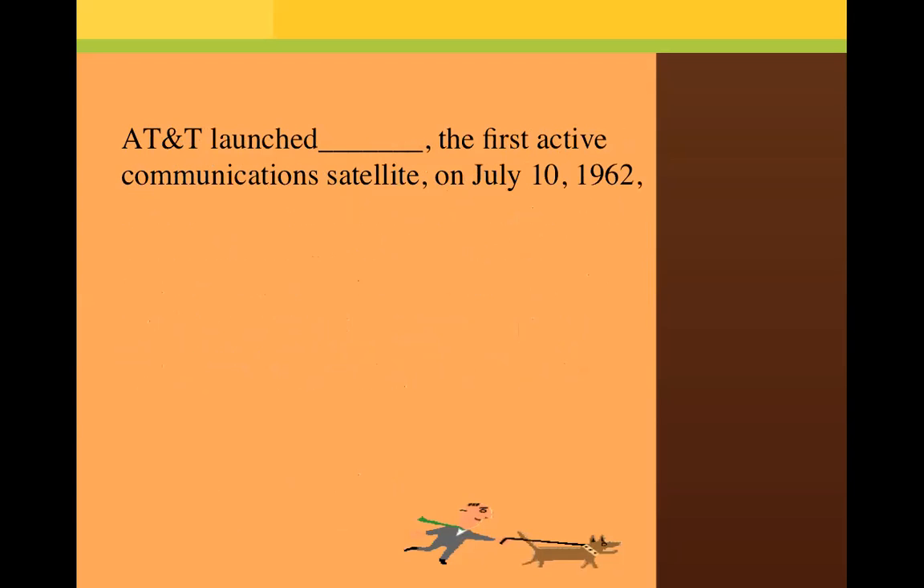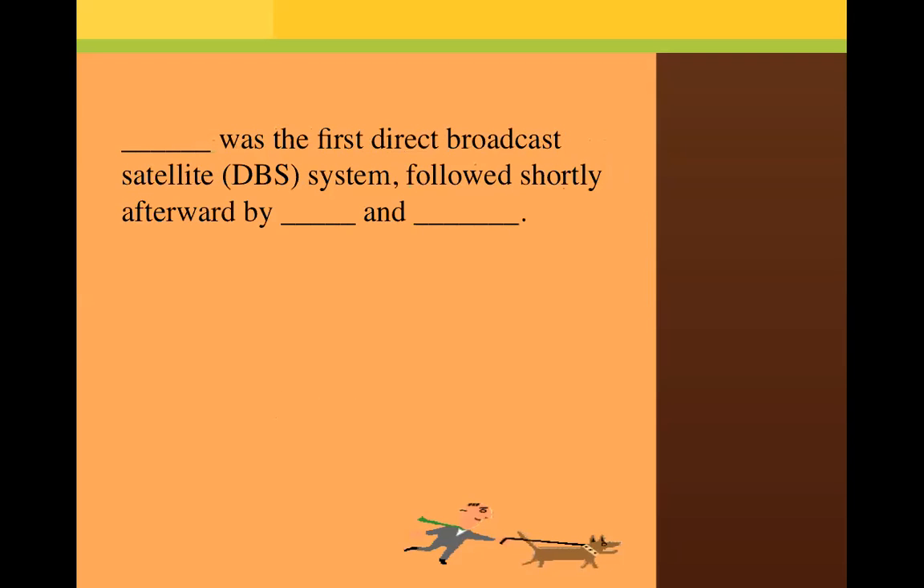AT&T launched what? The first active communication satellite on July 10th, 1962. Our chapter tells us about the launch of Telstar. What was the first direct broadcast satellite system, followed shortly afterward by which ones? Well, Primestar, and then DirecTV and Dish Network came along shortly thereafter, and there were some other companies in those early days that in part were absorbed into